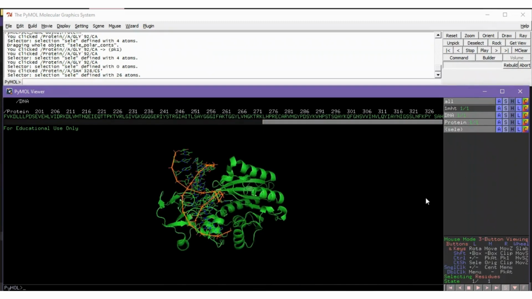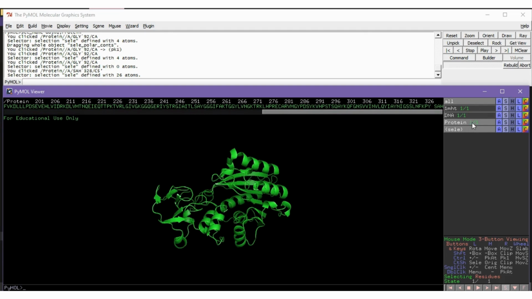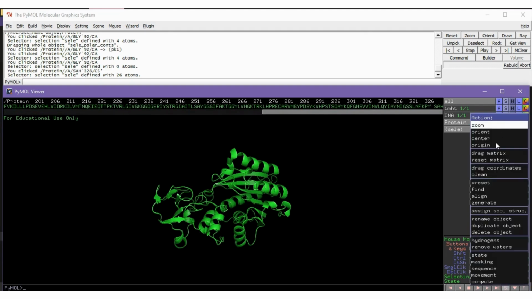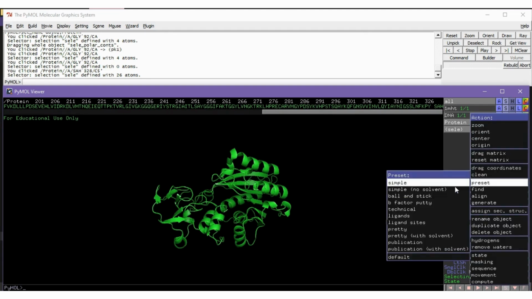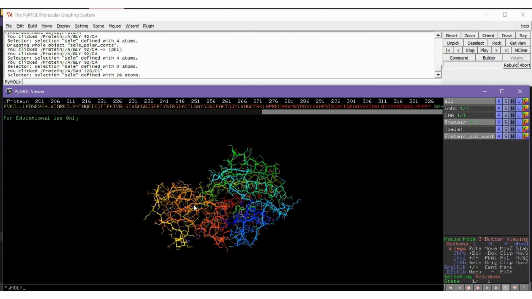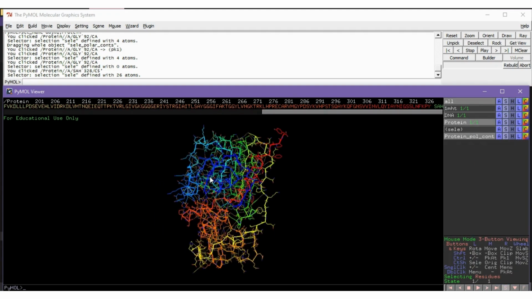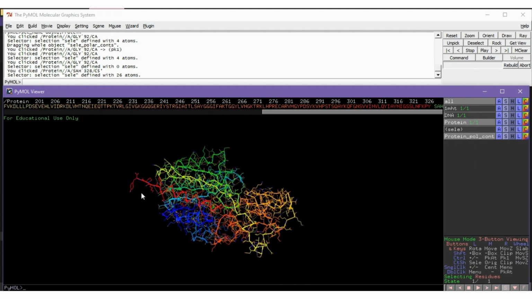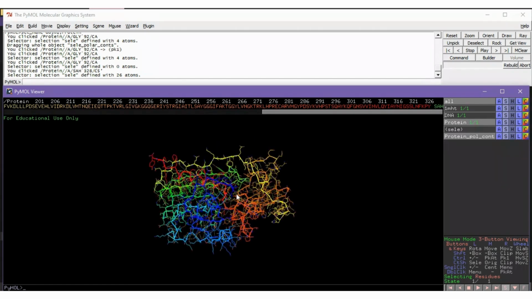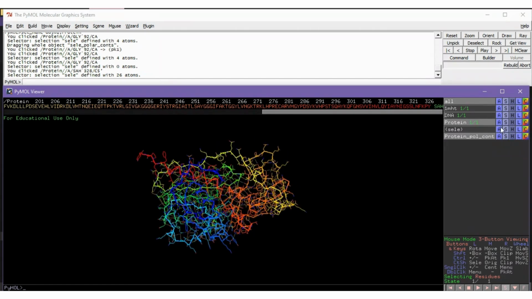In this video, we'll look at how to show hydrogen bonds in our structure. So in the actions video, I mentioned a way to do this, and I'd just like to go through that again. So at protein, we can go to action, presets, and then technical, which shows us all of the hydrogen bonds in the structure. However, the structure color changes as well as the representation to sticks.